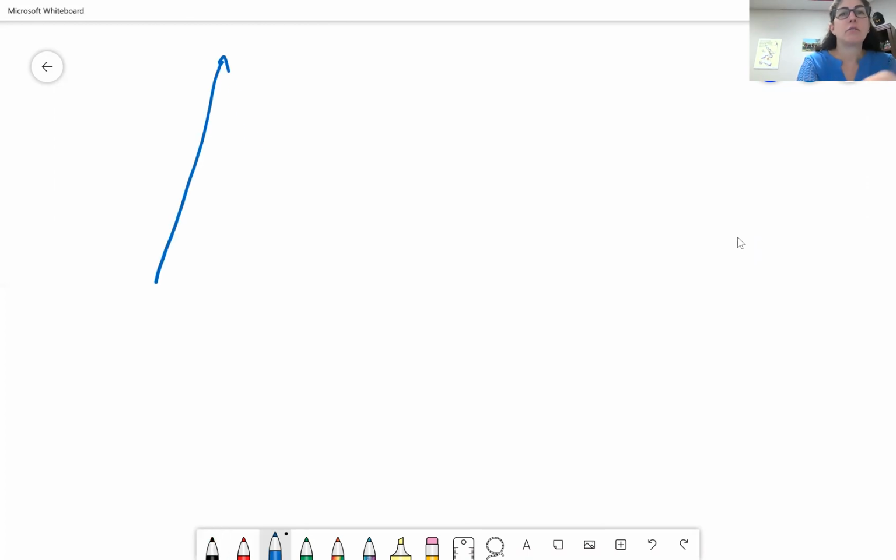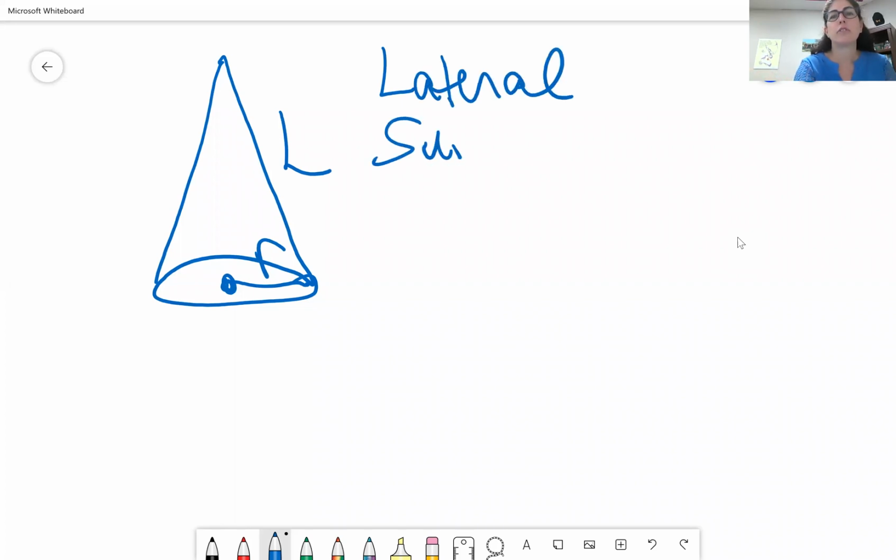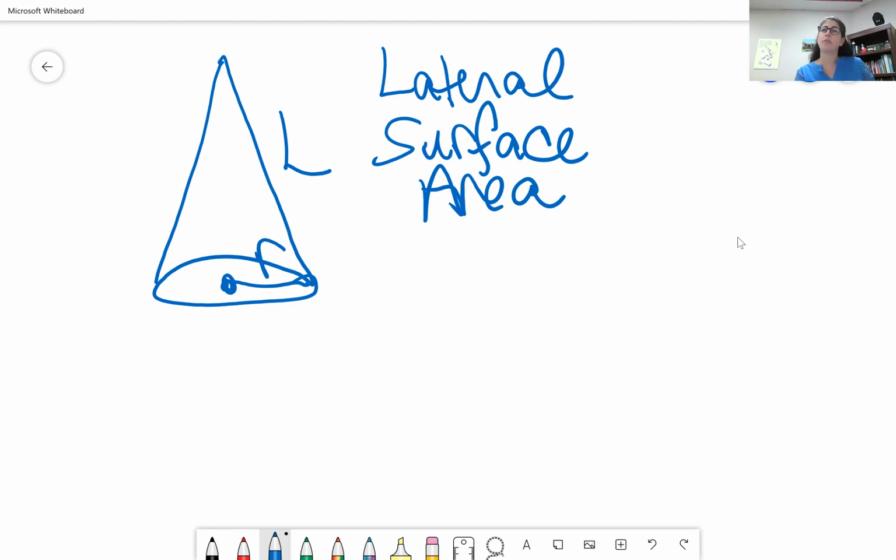Here's a cone. We're calling the length of that side L, and the radius of the base is R. And what I'm interested in is a formula for the lateral surface area. When I say lateral surface area, I mean just around the sides. So I don't care about that base, that circle on the bottom of the cone, just the area around the